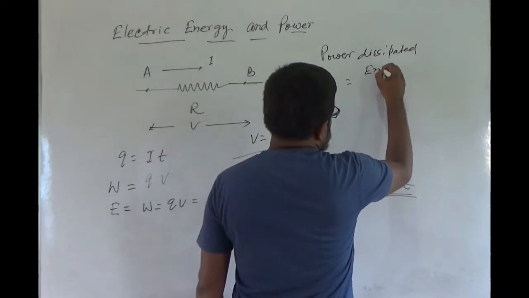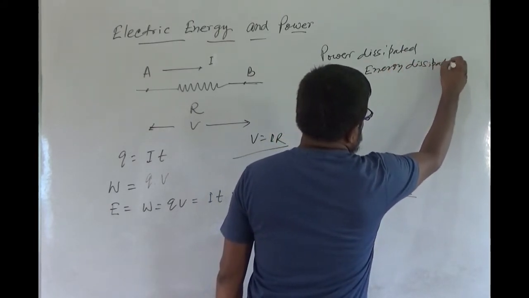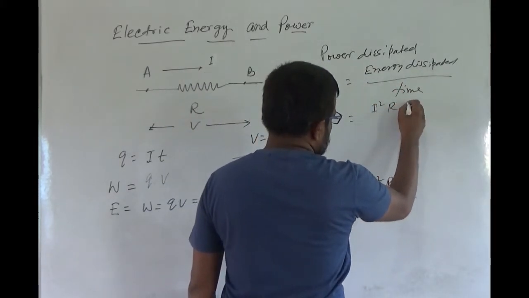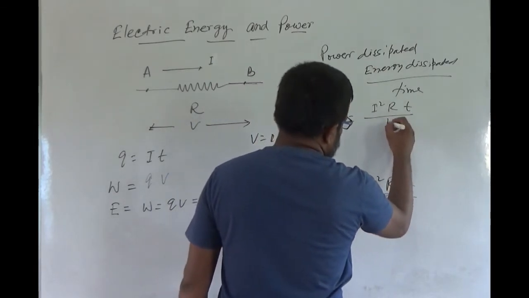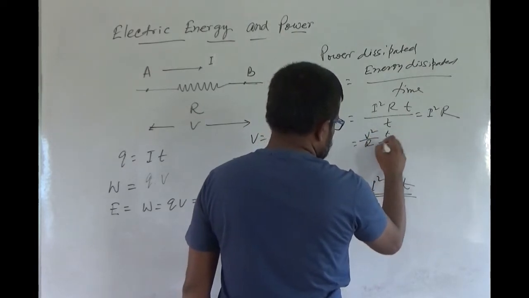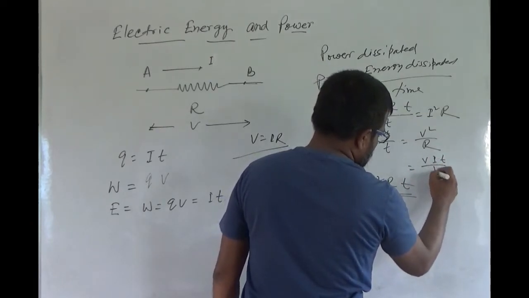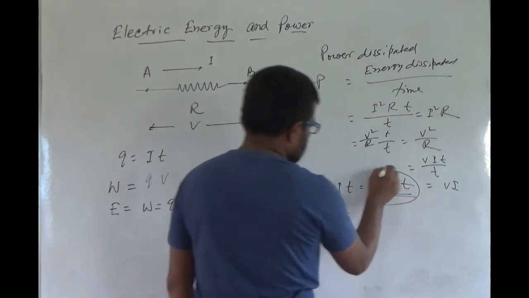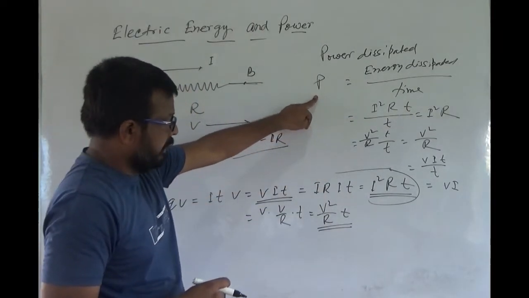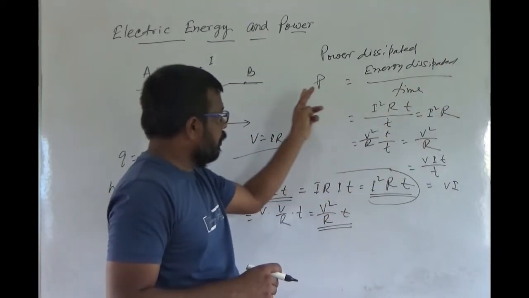That means energy dissipated divided by time. Or you can write this as I square RT, this is P, divided by T. That means I square R, or you may write V square by R into T divided by T, that is V square by R, or you may write VIT by T equals V into I. That is the expression for power dissipated, that is power of an electric device, P equals I square R, or you may write P is equal to V square by R, or you may write P is equal